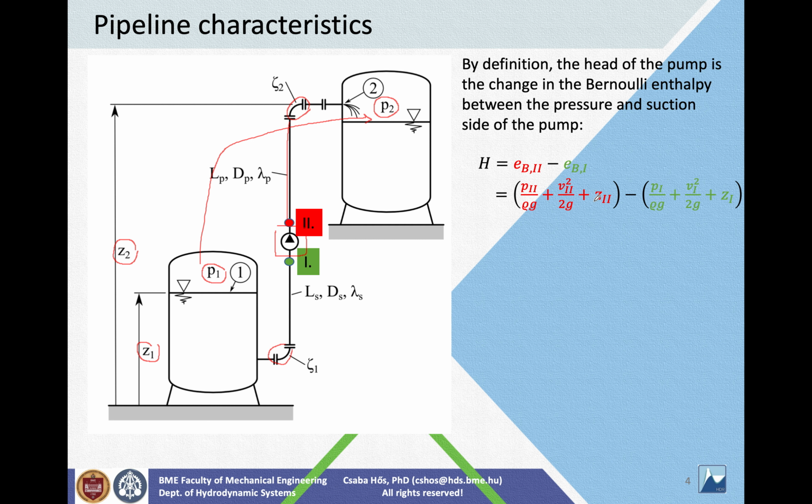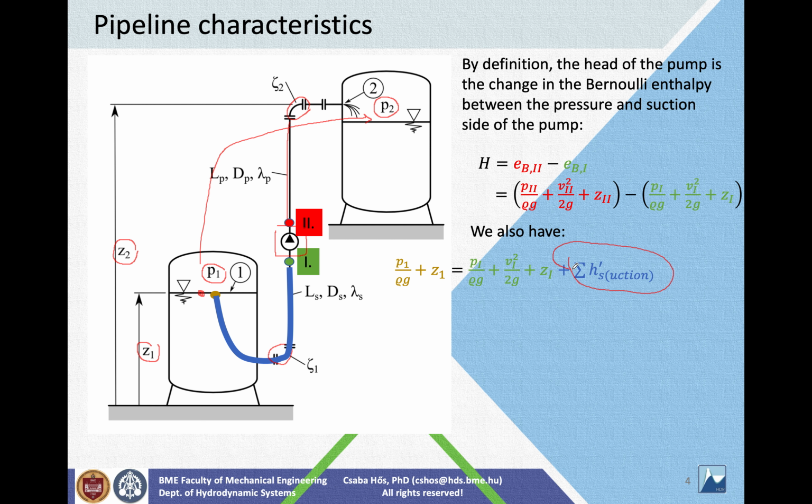So, to put it simple, what the pump does, it changes the fluid's energy, and this energy change is the head. We can also write a Bernoulli equation from the suction side tank water level up to the suction flange of the pump, so up to this point. So that is P over rho g plus Z1. We don't have a kinetic energy term here because we assume that on the surface of the water the velocity is negligibly small. And this equals the Bernoulli sum here, the Bernoulli enthalpy at this point,